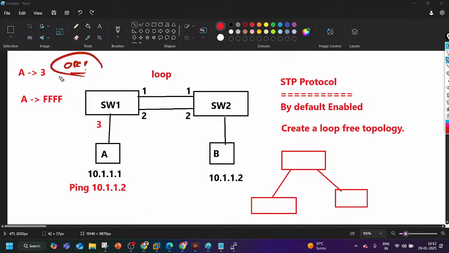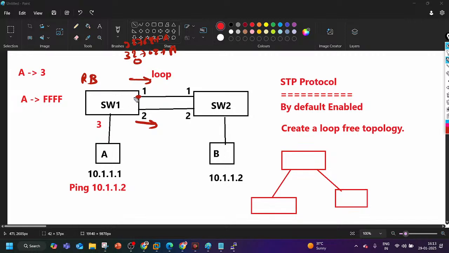Yes, sir. Here, see, which one is my root bridge switch? It will generate how many BPDUs? 2 BPDUs, one for each interface. In this BPDU, the root bridge ID is 32768 plus A. The sender bridge ID is also going to be the same, 32768 plus A. Cost is going to be 0, what I told you. Root bridge always generates BPDU with cost 0. By default the port priority is